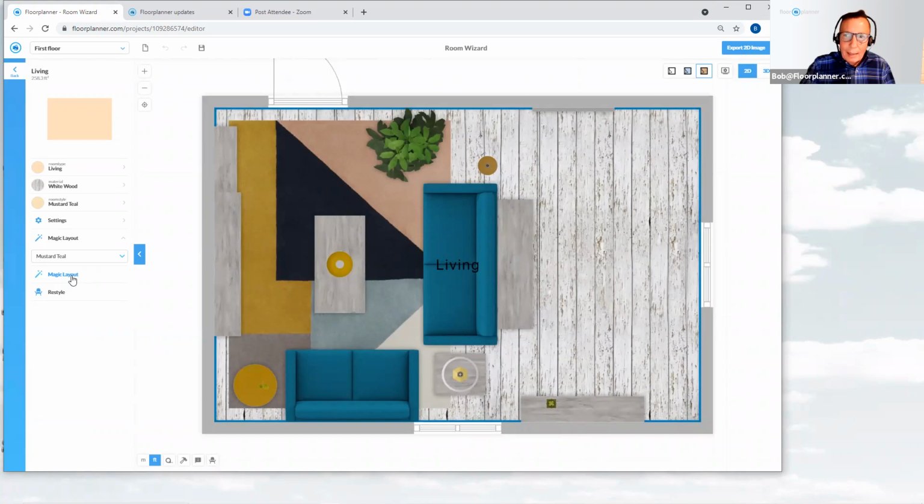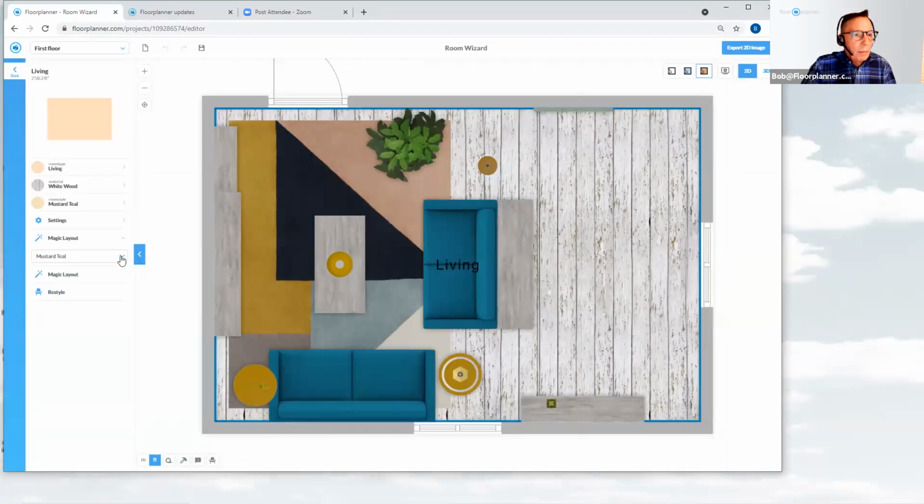Now, once I get the layout, of course, you can always customize these and move these pieces yourself, but if I like this layout as it's been proposed to me here with Magic Layout, maybe I like the layout, but I want to change the style, but I really want to hold on to this layout. This second item I want to talk about today is the Restyle button, which has now appeared over here on the left-hand side. So if I select the Restyle button,